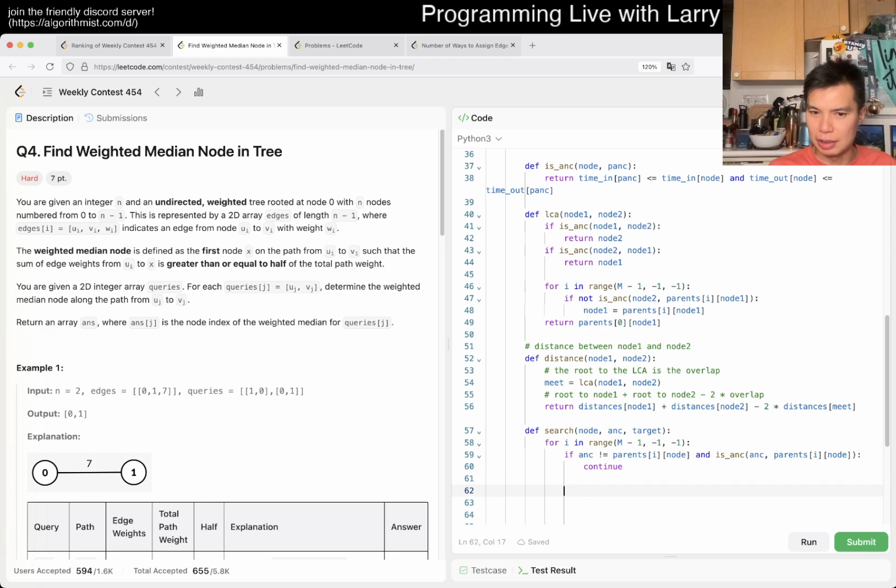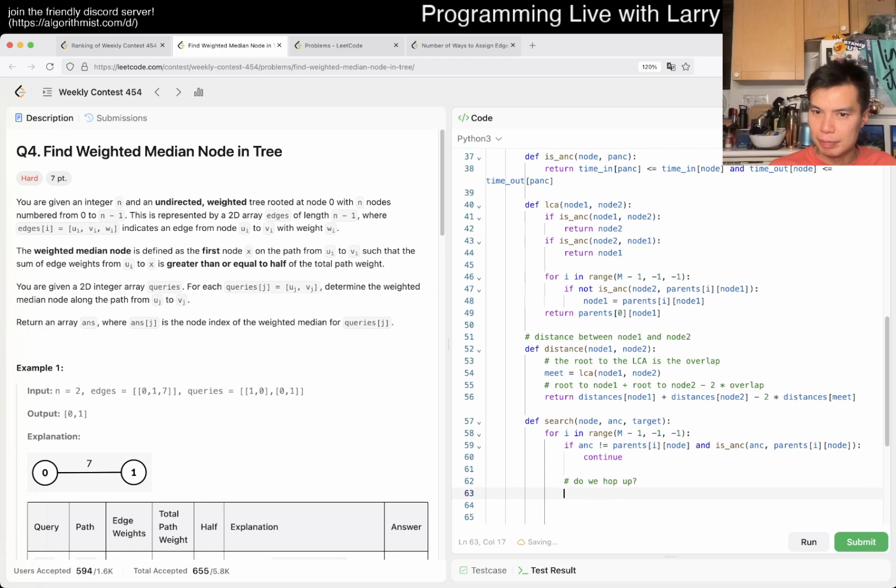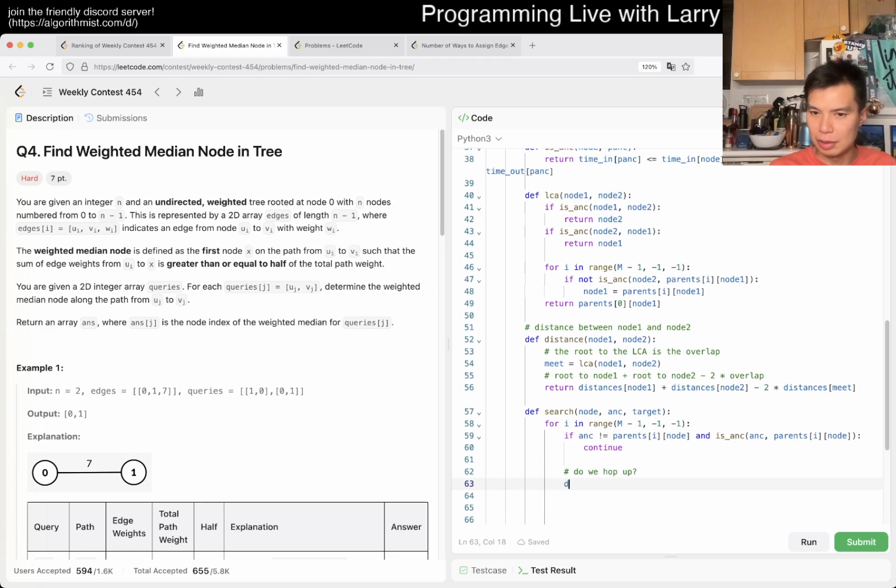Otherwise, we consider hopping. Do we hop up? And we hop up if the distance to the distance to... okay, it may be called considered, is equal to parents of I of node. If the distances to the node we're considering, if